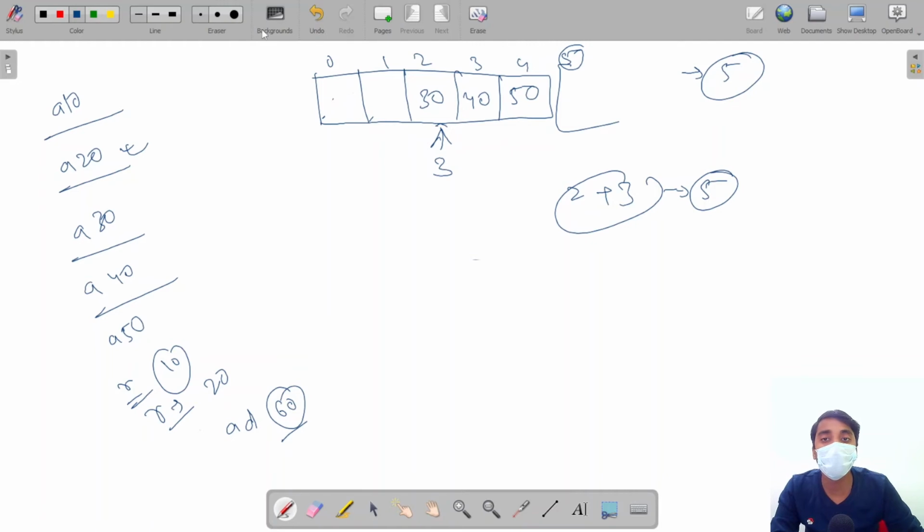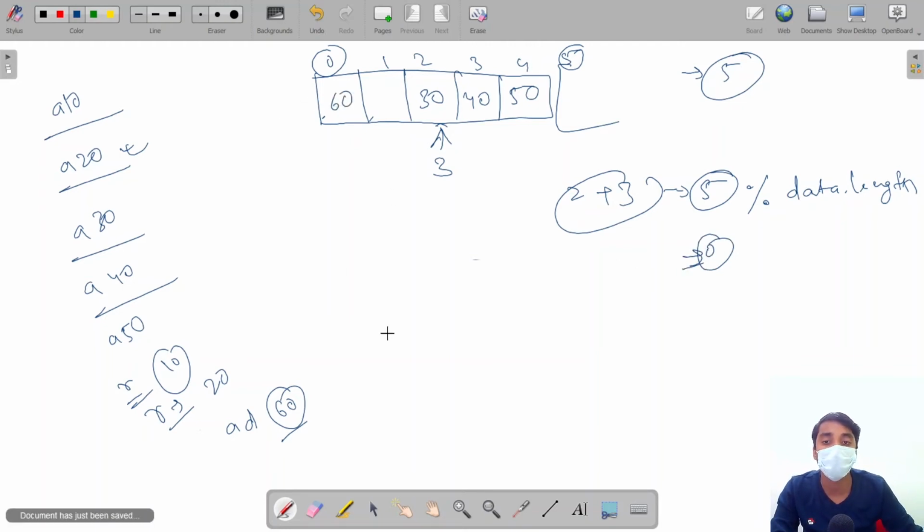So how will we get index 0 from 5? If we modulo this by our array length, that is data dot length, we can get the 0 index. Now we can save this value 60 here.